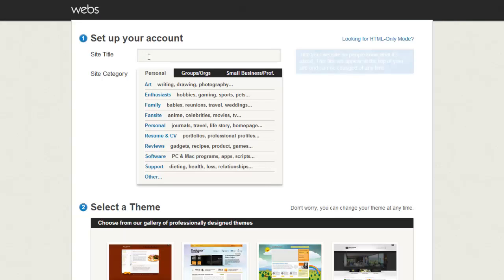Then what you're going to do is name your site. Now, since this is going to be a lead capture page, I recommend that you only make one page. Otherwise, you're going to have to mess with hiding the additional pages. You can do that if you want, but make your home page the lead capture page. And you can always go back later and create additional websites, but you want to separate them instead of making pages. So anyway, I'm just going to name this one Demo